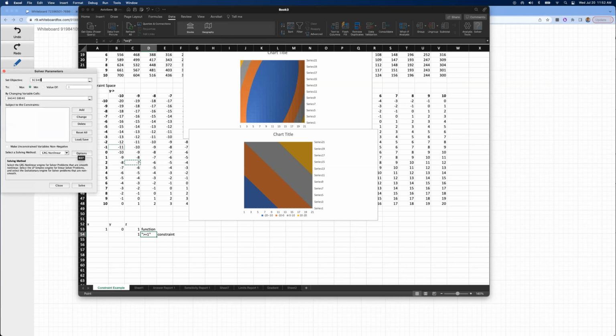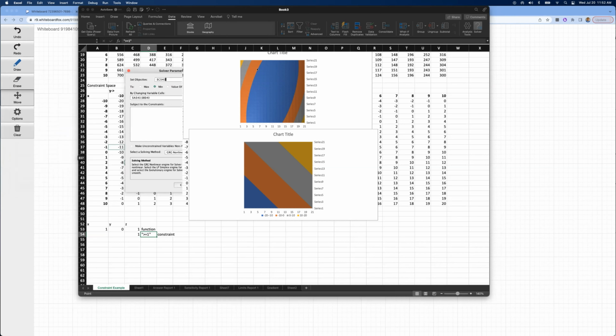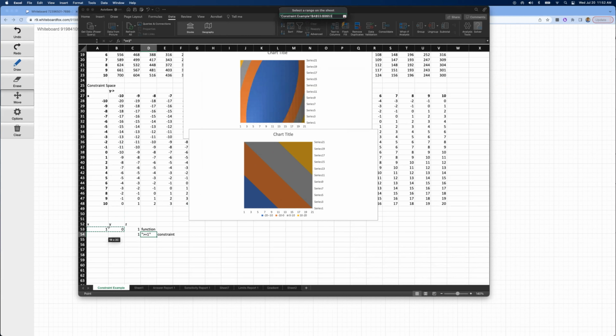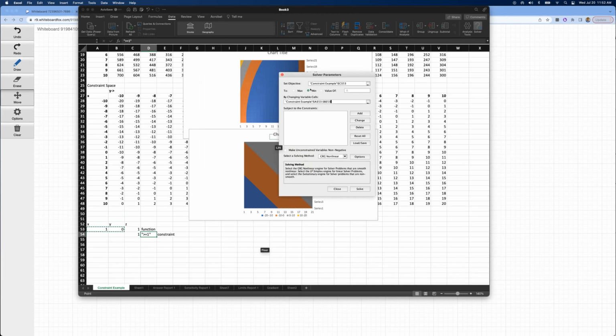So we're going to go to Solver, and what we want to do is set our objective cell to this guy right there, and it can change these two cells, x and y. We're trying to minimize that objective, subject to these constraints.